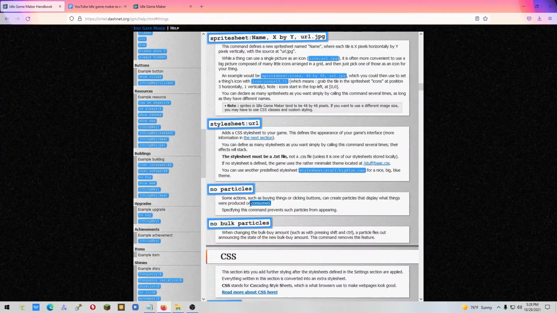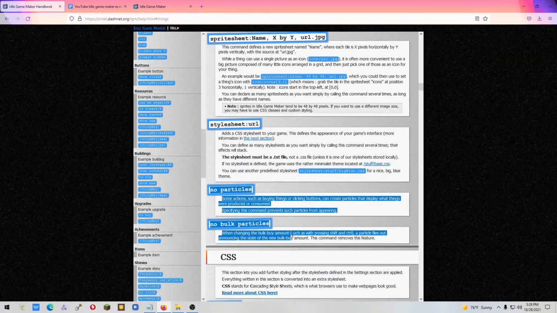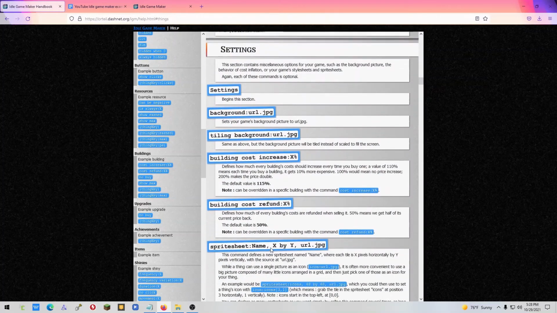so this will prevent particles from showing when clicking stuff or buying stuff or selling. They will not be shown. And then bulk particles is when you're changing the bulk buy amount, if you want to buy 1 or if you want to buy 50, which I'm not going to use any of these settings. So let's head back to